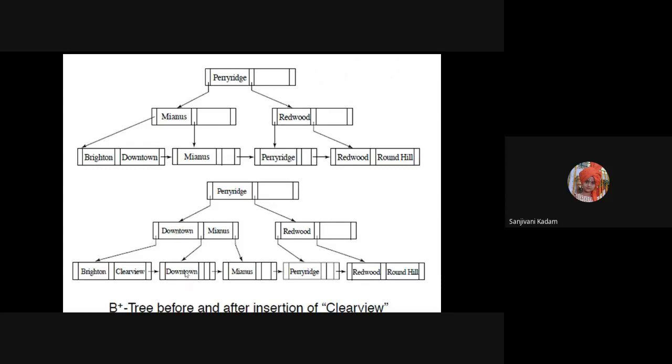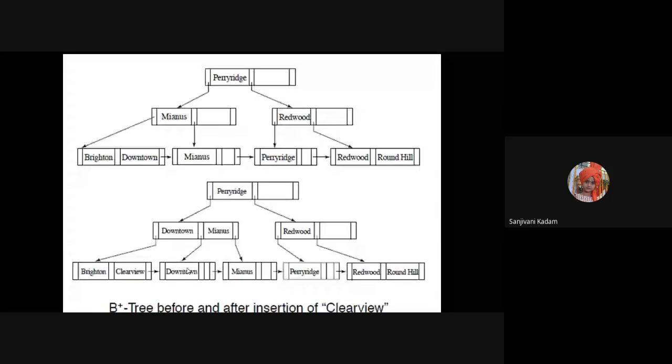After deleting Downtown, this node will be empty, these two siblings will be combined, and whatever the Ki pairing is there, with the second pointer, the first key value needs to be removed. This is how the procedure is carried out.